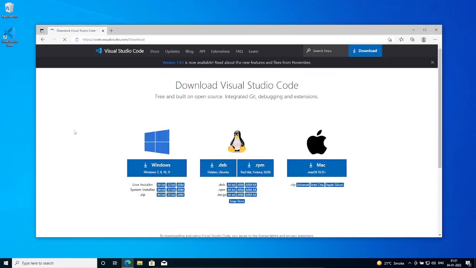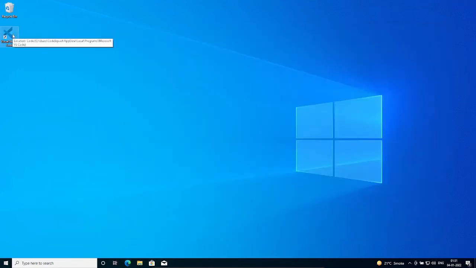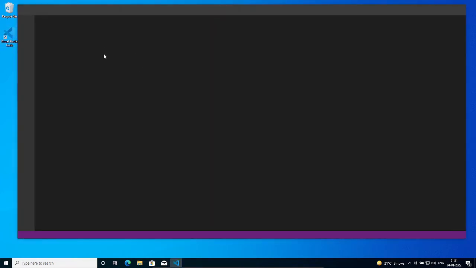code.visualstudio.com. And here is where you will download this. I have already installed it, so I don't need to do it again, obviously. But it's a pretty straightforward process. Once you click this, it will give you an installer. Click on that, and then finally, you should be able to install VS Code. Once you do it, it will create a shortcut on your desktop, hopefully if you did everything correct. And then once you double click it, you will actually see something going on, which is what we are